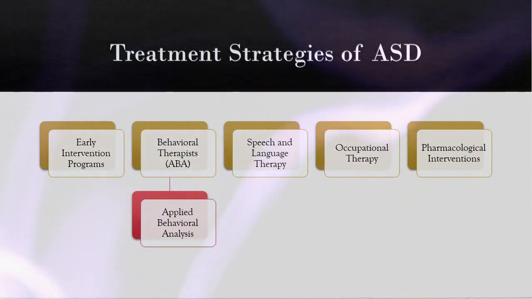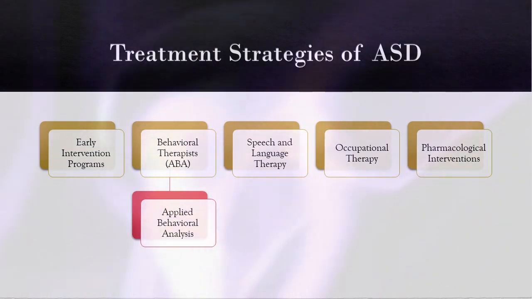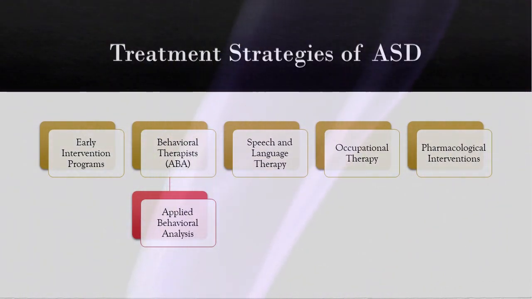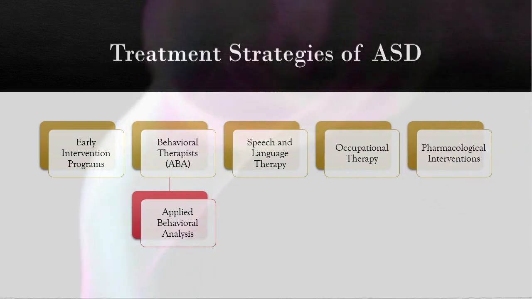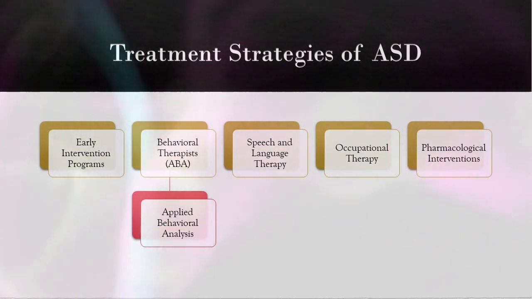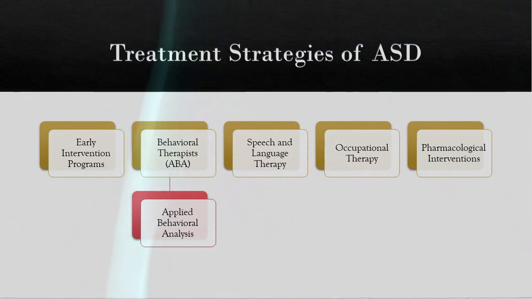There can also, of course, need to be, over time, occupational therapy that addresses the sensory sensitivities and helps individuals with ASD develop skills for things like daily living, and this includes self-care, fine motor coordination, and sensory regulation. And then there can also be some medications, and oftentimes these medications have to do with some of the anxiety that might come from ASD, sometimes the aggression or attention difficulties that come with ASD.